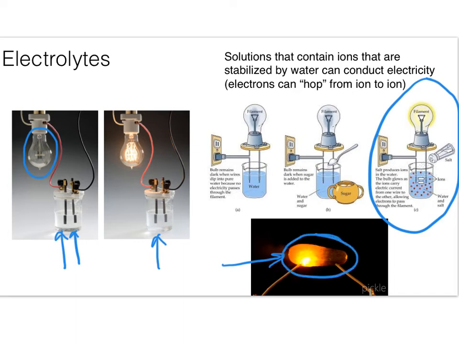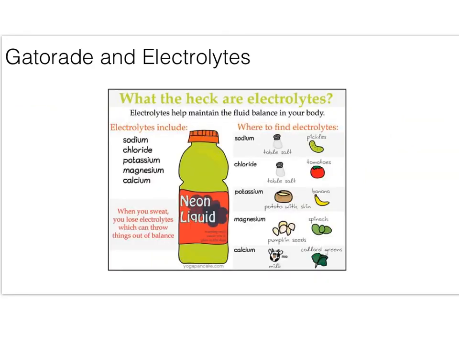So we call solutions with ions in them electrolytes, and we call them this because they transmit electrons. And electrolytes are quite important to us, as in any other animal as well. They do many things. They help keep fluid balance between the cells in our bodies. But we also need to transmit electricity in our central nervous system whenever a synapse fires or a neuron fires. That's a form of chemical energy that we're transmitting,